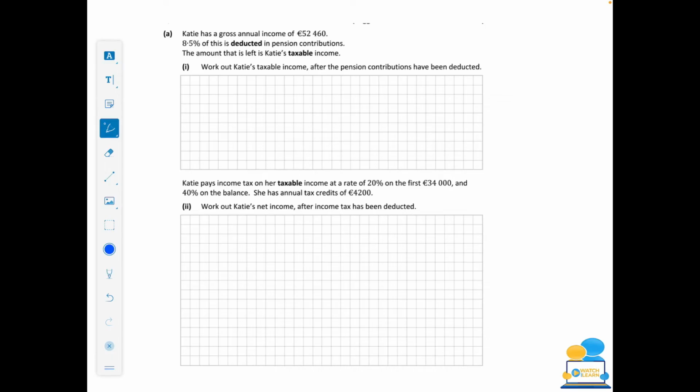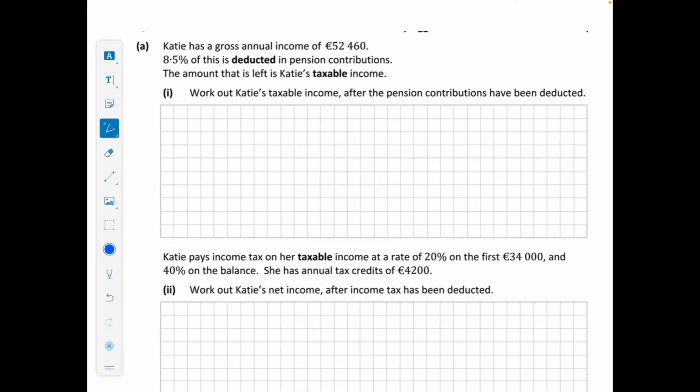Again, extremely similar. Okay, so Katie has a gross income of 52,460. 8.5% of this is deducted in pension contributions. The amount that is left is Katie's taxable income. Work out the taxable income after the pension contribution has been deducted. Okay, so really what we need to do is take away that 8.5%. So what we're going to do first is find